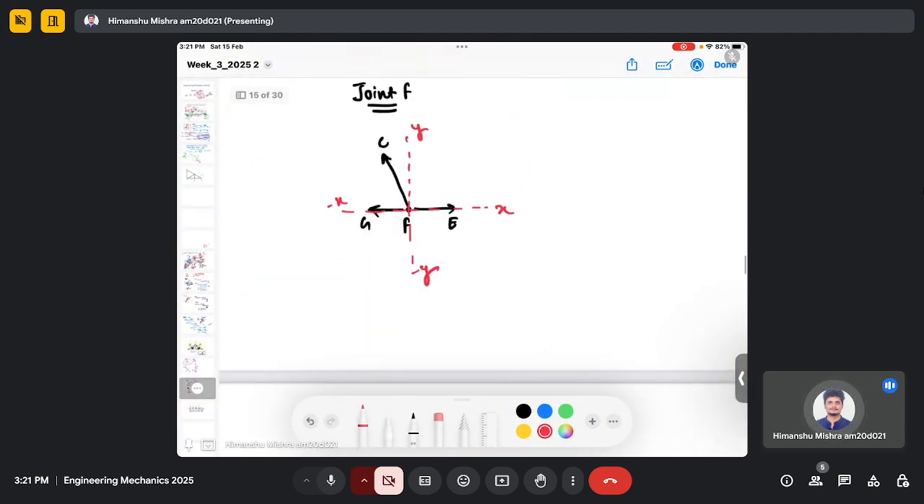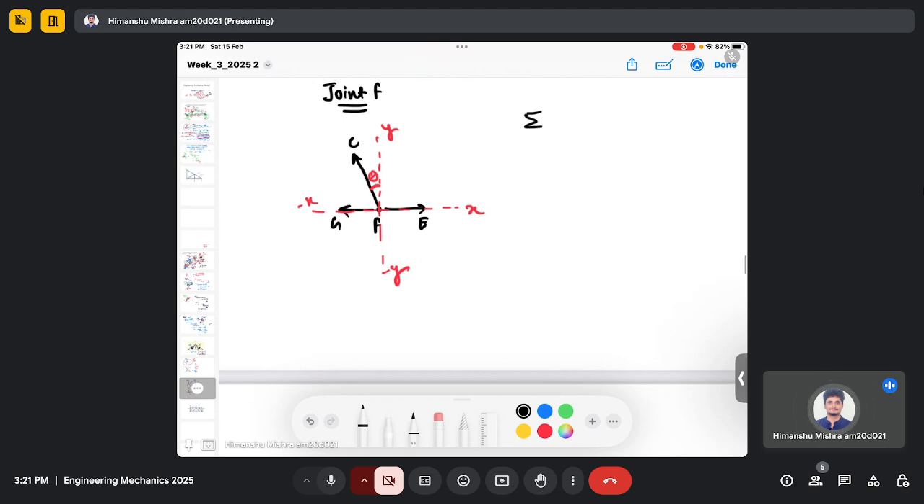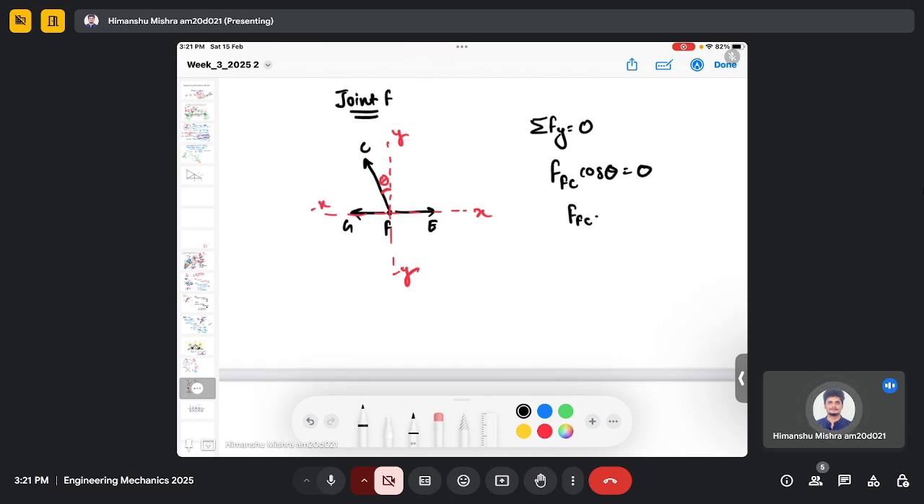So let us define some angle here, theta, because here we need to calculate the component of the force. So if I write down the equation along the y-axis, summation of force along y is 0, then I will have only the force due to FC. So it will be FC cos theta equals 0. So you can again see that the force in FC will be 0,